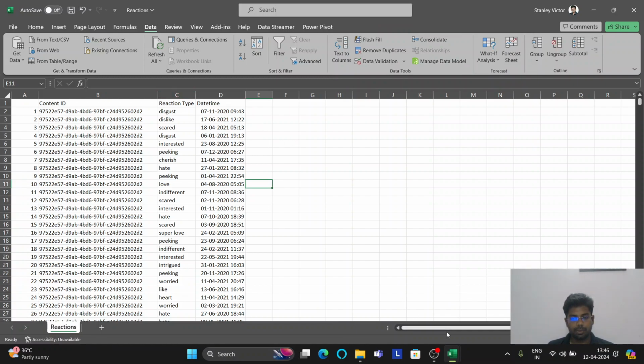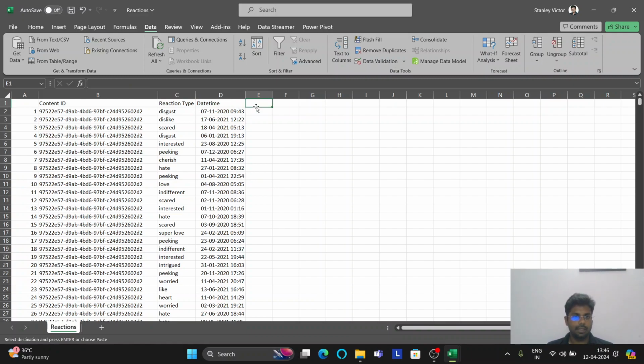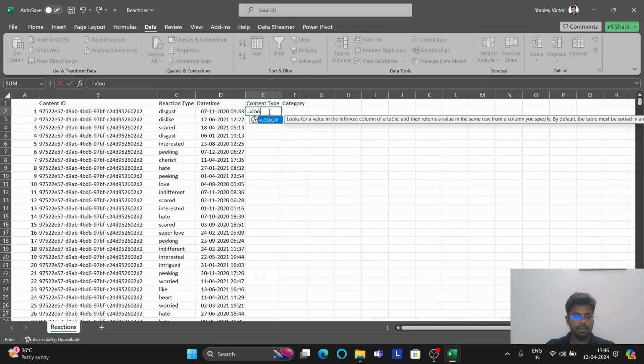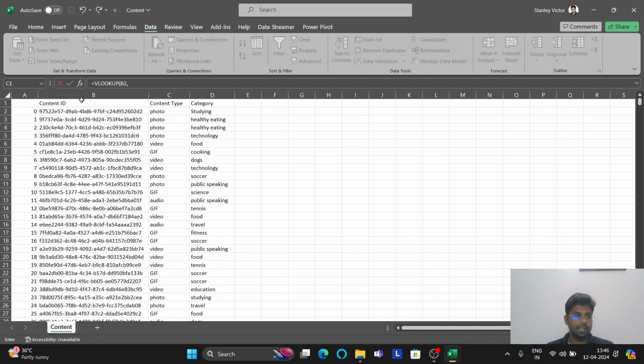So I'm going to pull all the data from content, the content type and the category, from here to here using the VLOOKUP function. How am I going to do that? I'm going to type the formula VLOOKUP and look up the value from here, and I'm going to look up the value in this table. And when you select